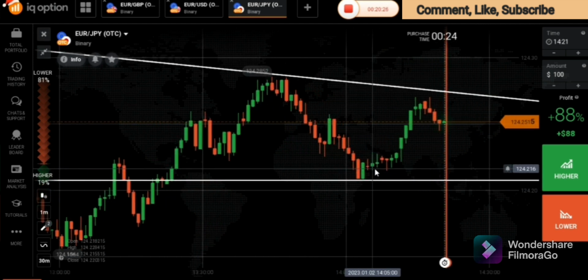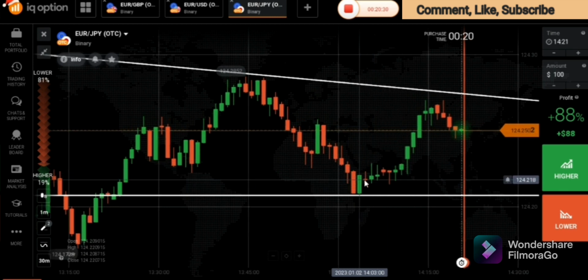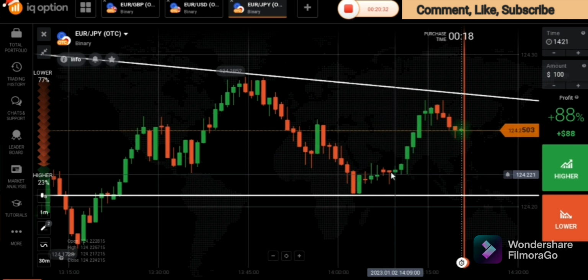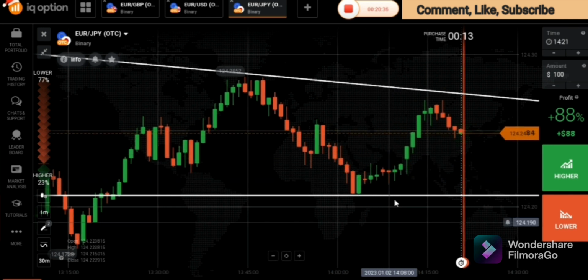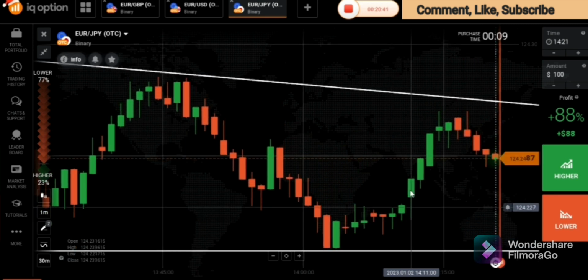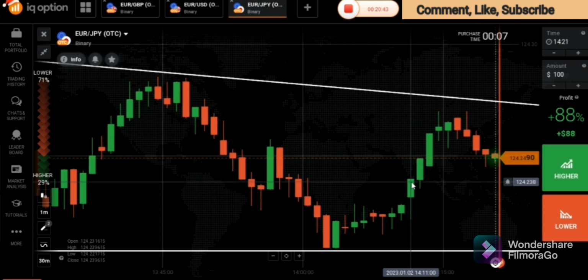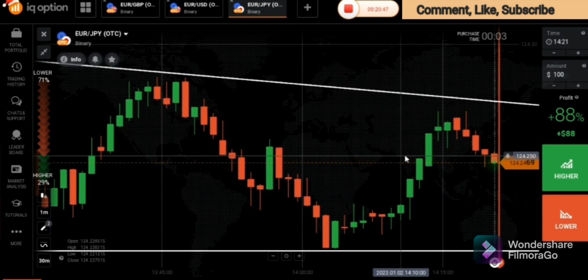I had to wait, and I noticed that there is weaknesses over this area, and then I noticed that these weaknesses is showing that the market had no interest in going down further. So I took the trade